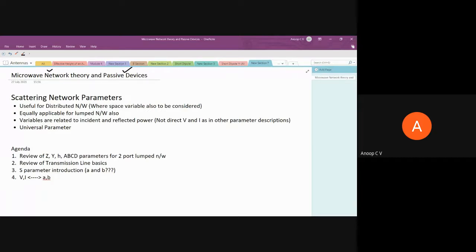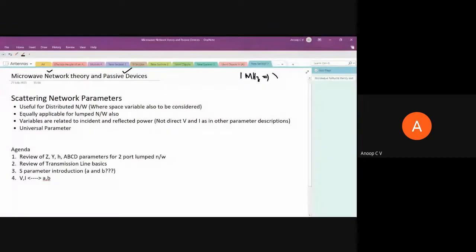Why? Because the frequency which we are using is very high, so the wavelength will be comparable to the dimensions of the components. For instance, in labs you may be using frequencies up to 1 megahertz, right? For 1 megahertz, the corresponding lambda will be, I think, 300 meter, right?